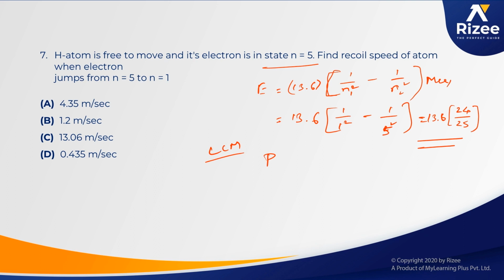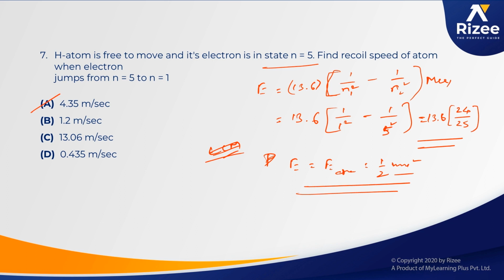So you can equate this energy directly: the energy released is equal to the energy of the atom, and equate it to half mv square. So directly you can solve this particular thing. Most probably, on solving, it's an already repeated question, you should be getting 4.35